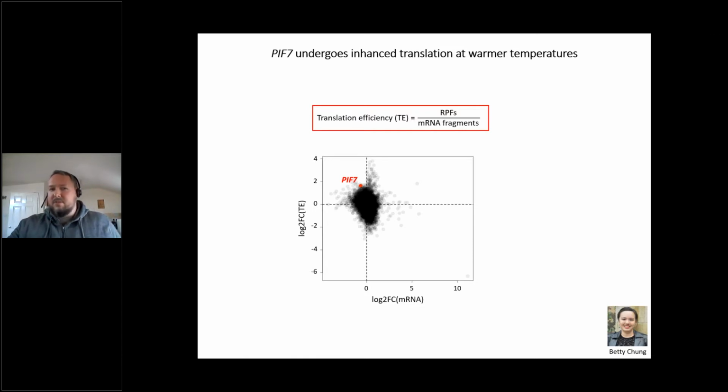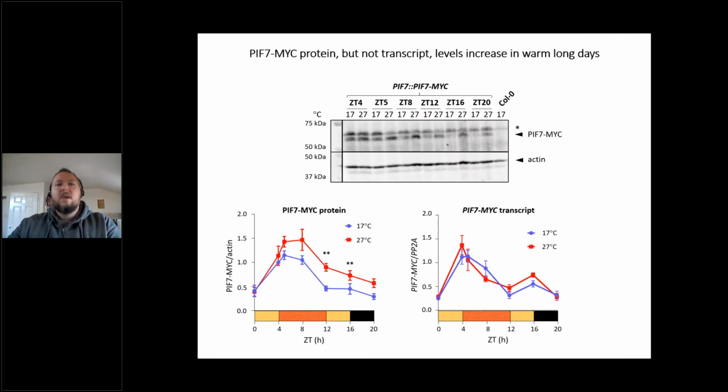Now, PIF7 is quite interesting because obviously it's closely related to PIF4, which is the key regulator of thermomorphogenesis in Arabidopsis. But PIF7 at that point had not been implicated in temperature responses. So we decided to investigate PIF7 a bit further. And the first thing we wanted to confirm is that temperature actually has a positive effect on PIF7 protein levels. So we generated a PIF7 transgenic line to observe PIF7 levels by Western blot,